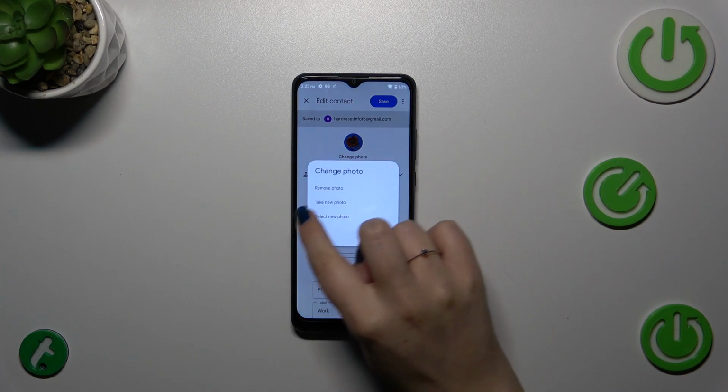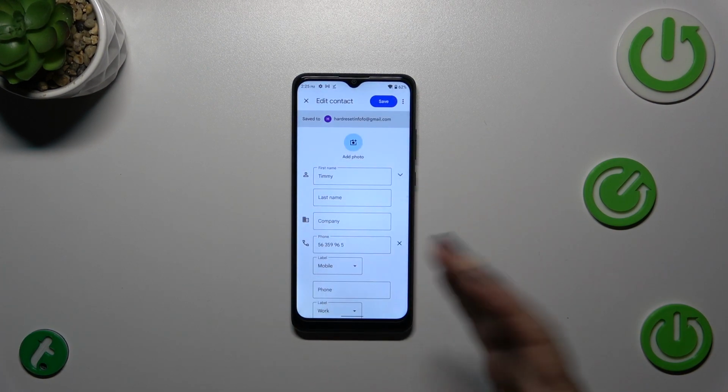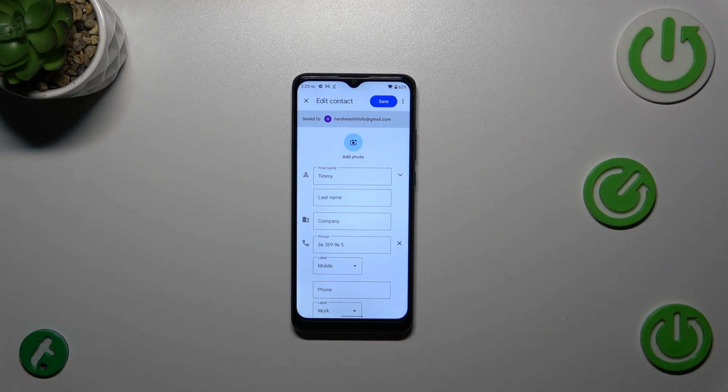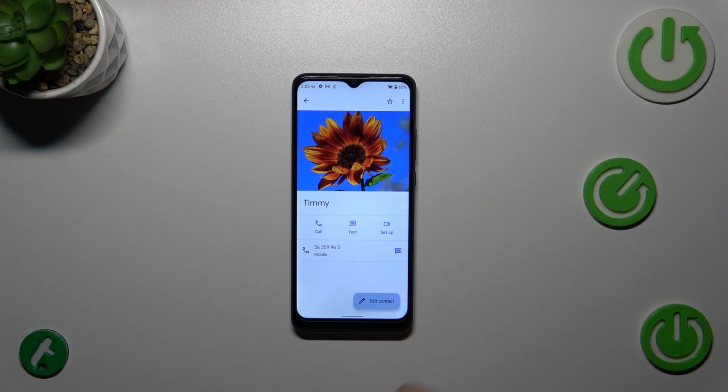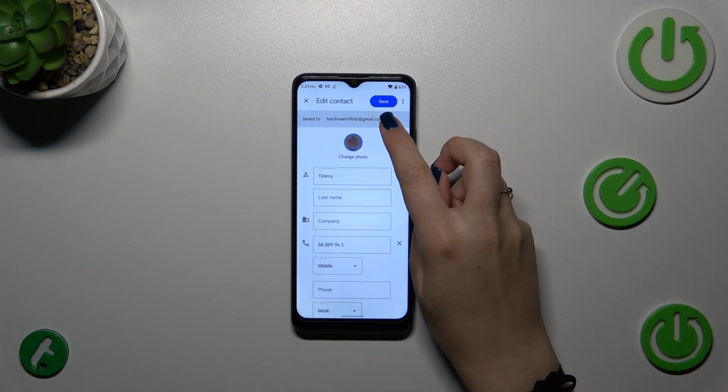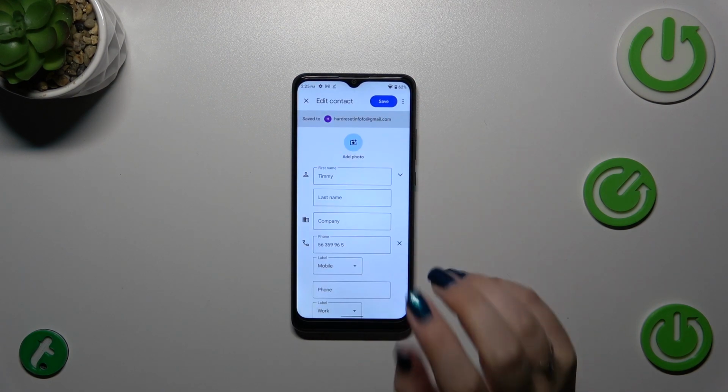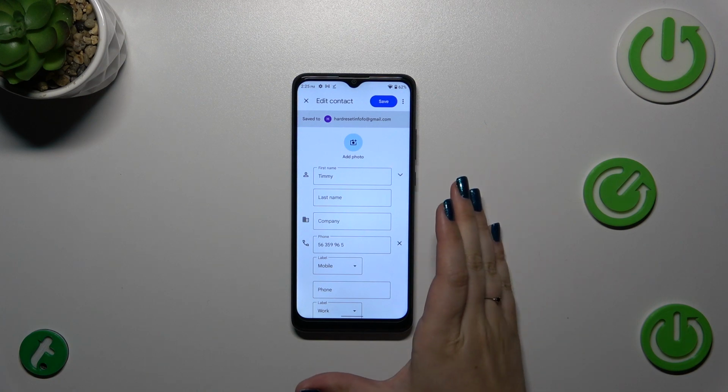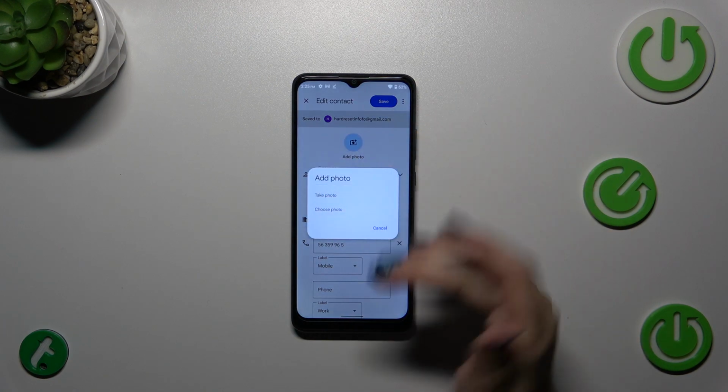And first of all, let me remove the photo so I can show you what you will see after entering the contact without the photo and what happened. Okay, let me do it again. Basically, all you have to do right now is to tap on this camera icon or add a photo, and